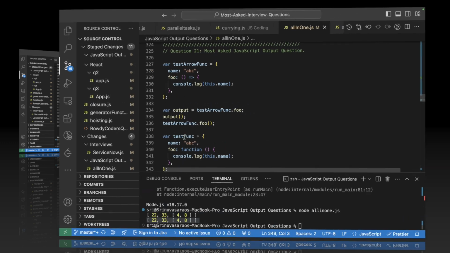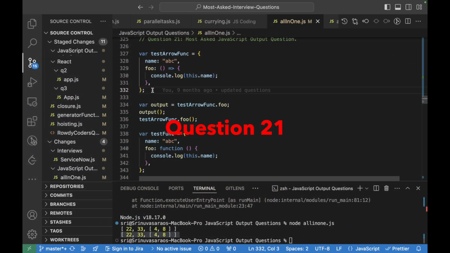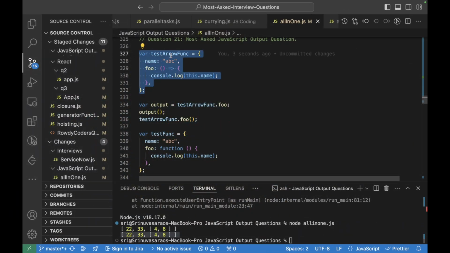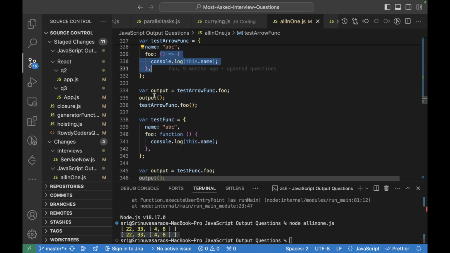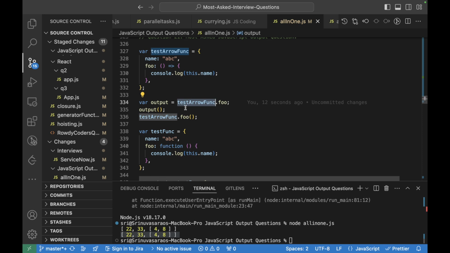Okay, so let's guess the output of this, where a test arrow function is present, and we're trying to put this particular arrow function inside out. When we call this function, this will be executed, and also when we call this test arrow function within this, it will execute.